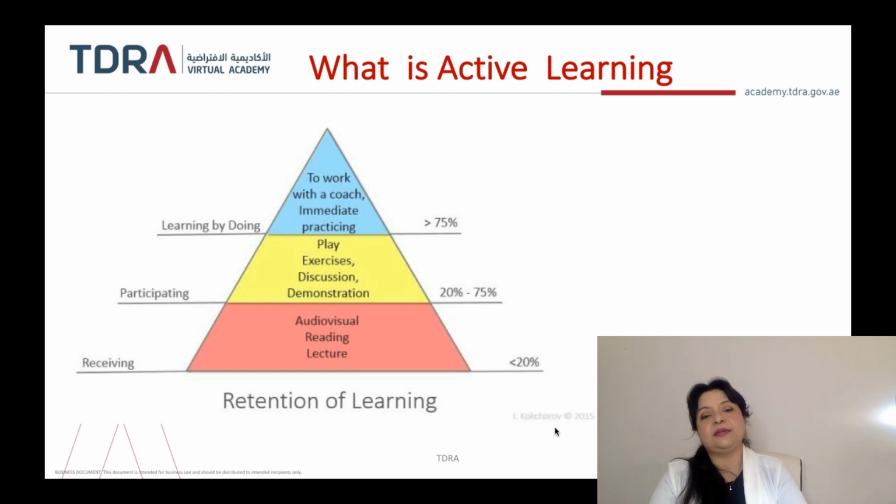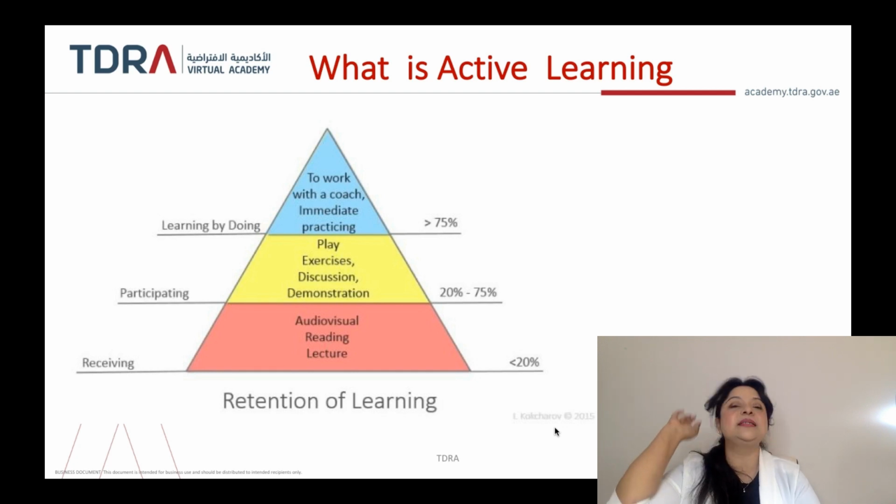When we are doing passive learning, which is audio-visual, reading, lectures, we only ingest 20% of the entire data which is being disseminated. As opposed to when we start doing active learning, we start going to 20 to 75%. So that is the amount of incremental knowledge that we are able to gain, or the amount of confidence that we are able to gain in what we are learning. Of course, when we start applying this into further ways, or we start doing what we call real-time application of any knowledge, we start getting more and more learnings ingested and have better retention of it.